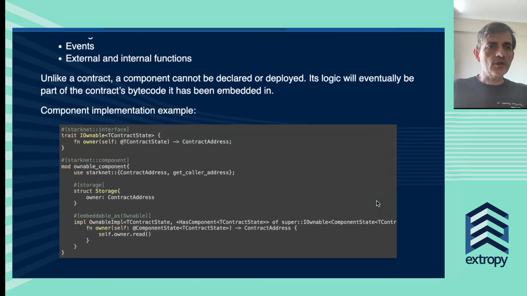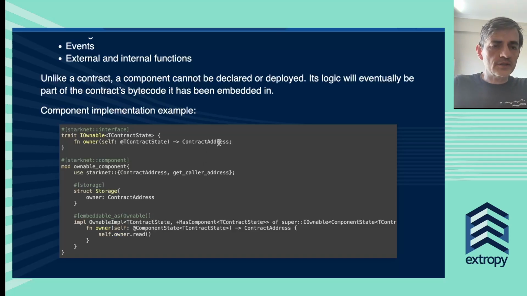So what does that look like if we want to create one of these? Well, again, what we do is we start off with an interface. So we declare a trait. And again, we're saying that this is parameterized by contract state. And within this, we decided we're going to have a certain function called owner. So this whole component is about ownership. So this function is taking a snapshot of contract state, assigning that to a variable, and is going to return